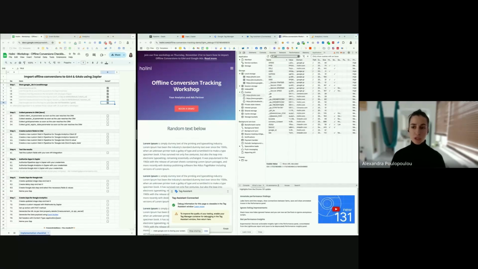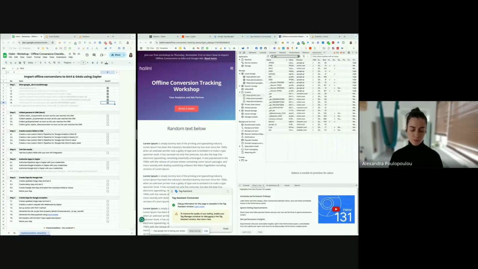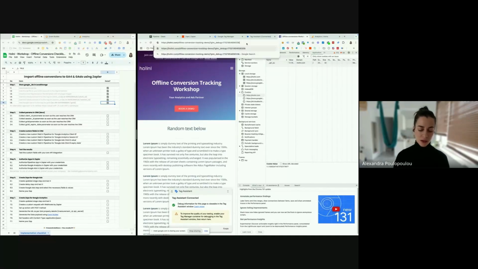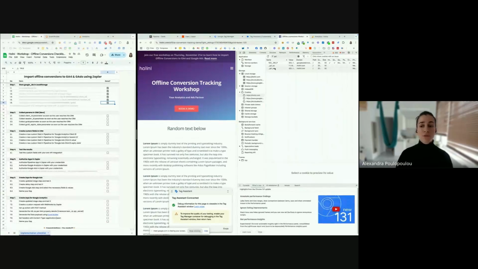And for the purposes of Google Ads, okay, I don't have a GCL ID here. Let me also add it. And for the purposes of Google Ads, when we have a GCL ID available in our URL, then we retrieve the information of GCL ID from this cookie and the expiry date from this timestamp.